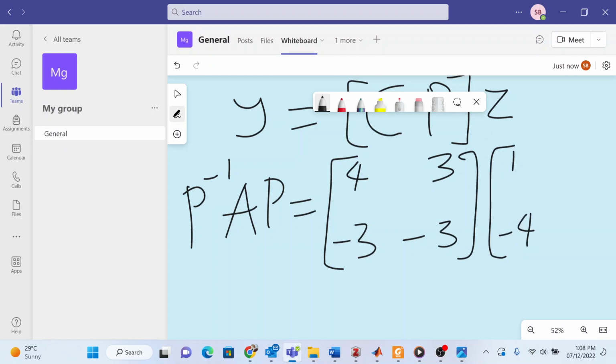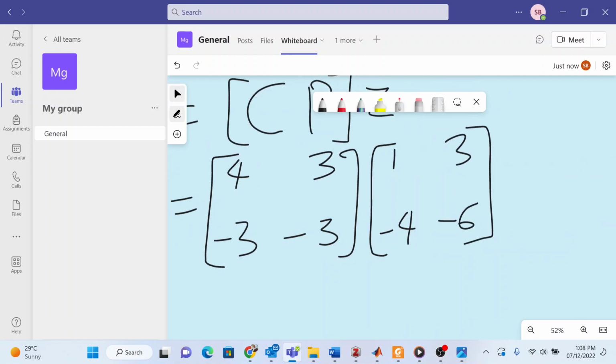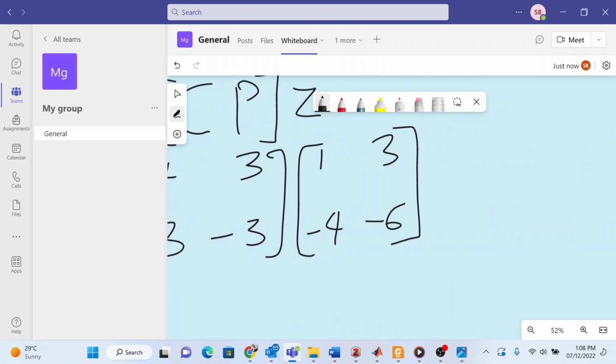1 minus 4, 3 minus 6. Just put them here. Then put everything in the calculator and multiply them together. You know how to do that? You go to matrix. From matrix, you go to shift matrix. So when you get there, you will just